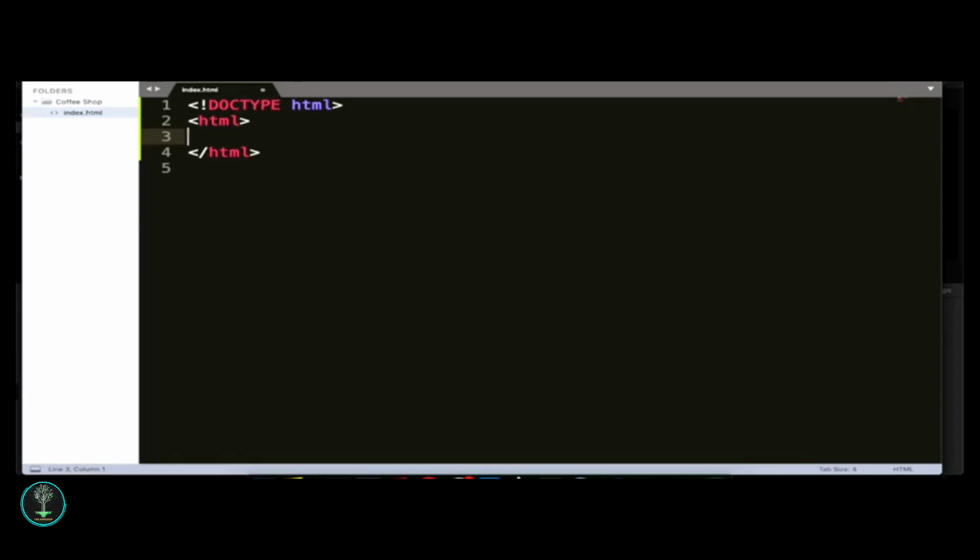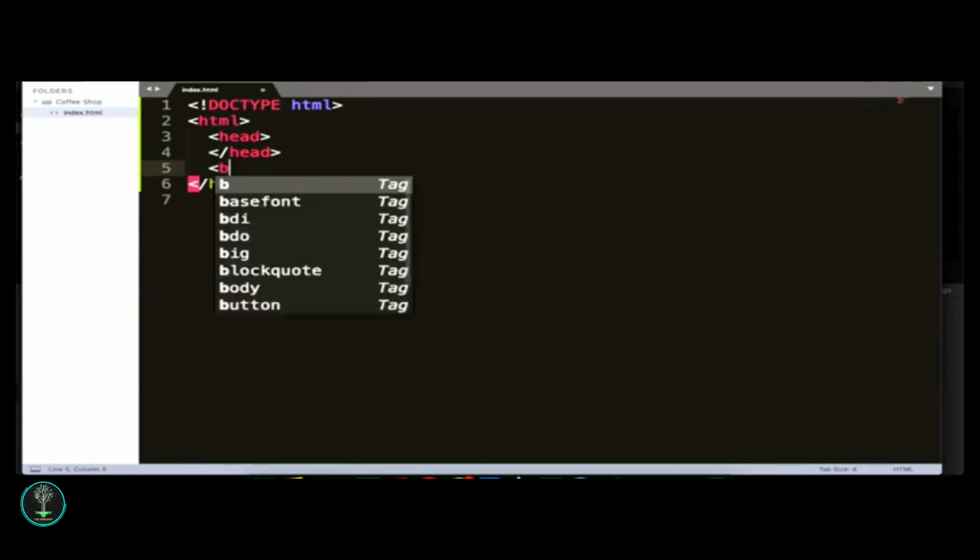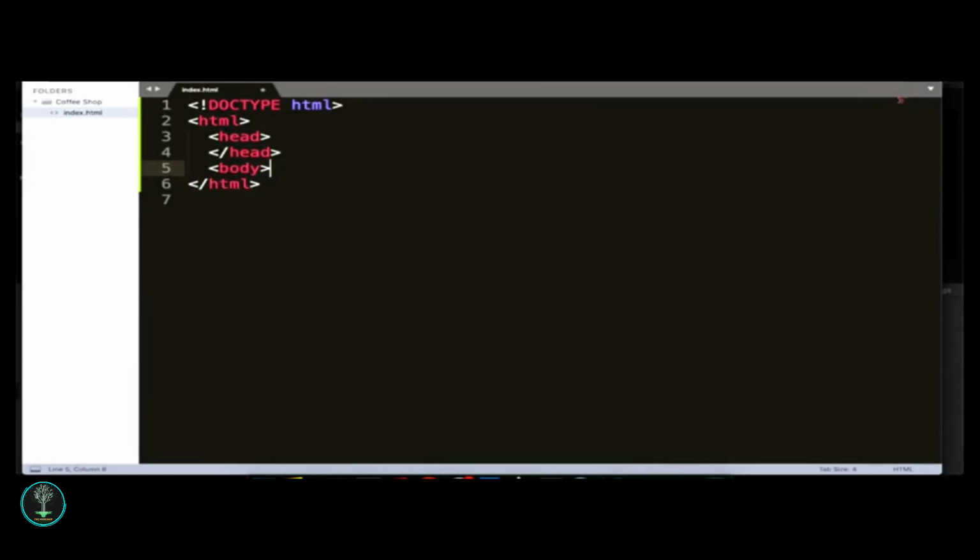The next part: the whole HTML page that we've written, we're going to divide into two parts. The first part is called the head, and the second part is called the body. The contents added in the head part are mostly not visible to the user, and it contains information such as the page title and external JavaScript, CSS files, keywords, etc. So all these other things will be there inside it. For example,